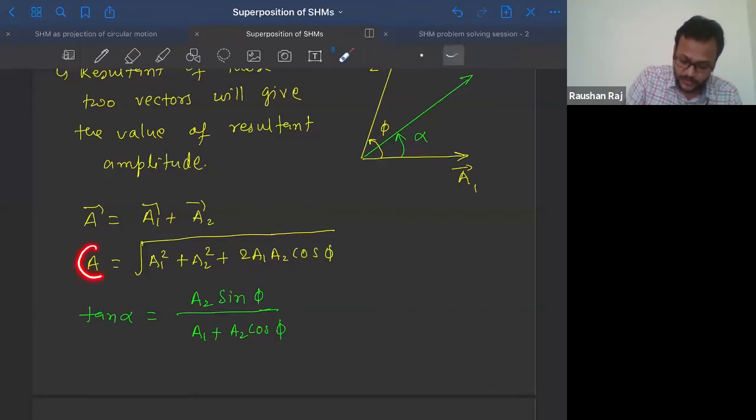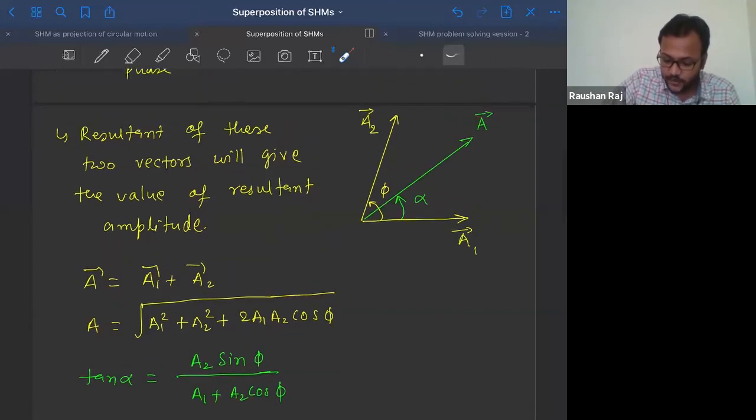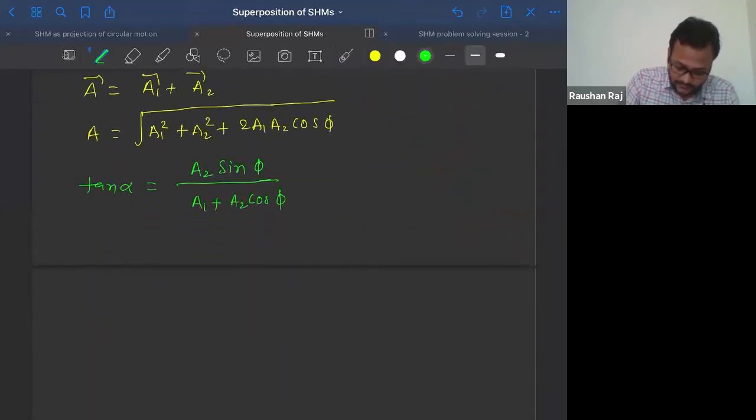We needed the A value, I got it. Now, because of the resultant, some phase will change. So what will be the change in phase? Whatever phase Y1 was having, A will have a phase difference of alpha from it. So the phase difference between Y1 and the resultant wave will be alpha. So we are going to write the resultant simple harmonic motion as resultant amplitude into sine of omega t.